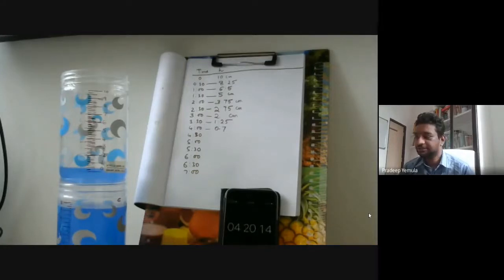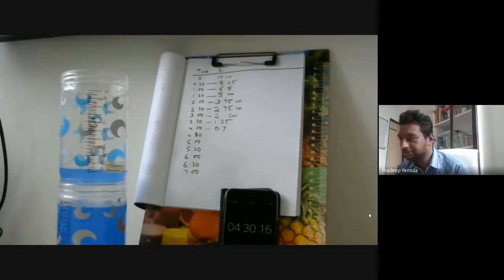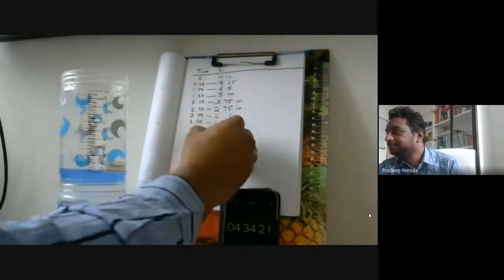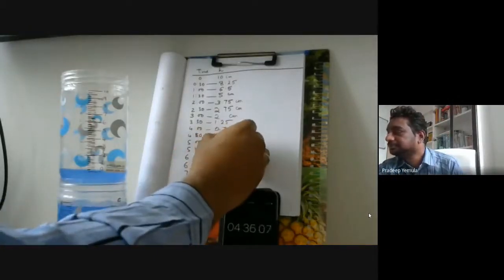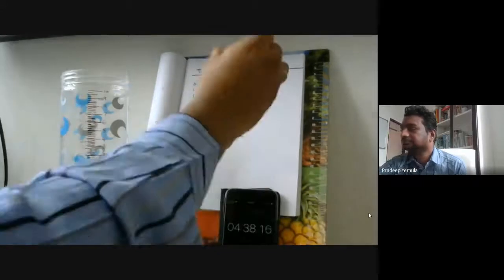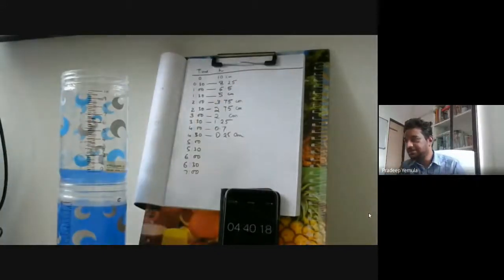So we can also notice that initially the water flow was more. As the H is reducing, the water flow is also reducing. So the assumption that we made was also correct. Okay, now it is 4.5, so about 0.25. So I think by 5 minutes the height will become 0.